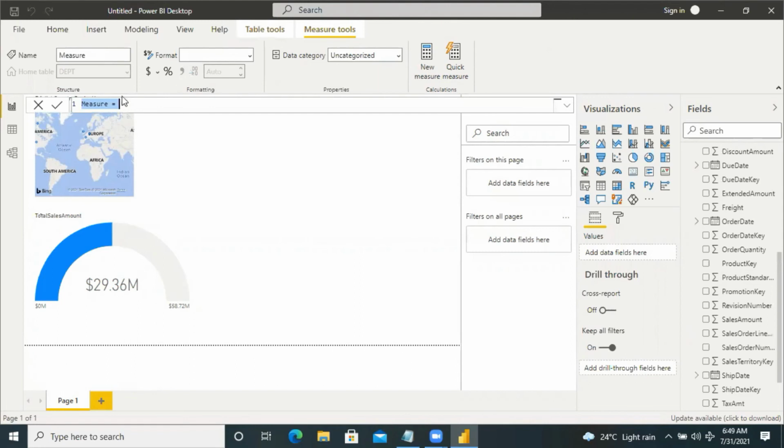It is processing. Yes. So the measure name I'm taking is sales percentage, sum function, the column name, divided by, then total sales amount, into 100.